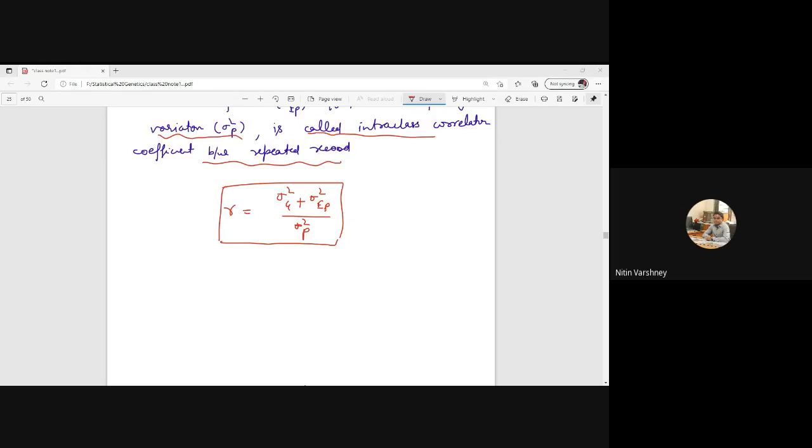Vinay, are you there? Yes, sir. What is the range of correlation coefficient? -1 to +1, sir. And what is the range of intra-class correlation coefficient? -1 by n-1 to 1. Okay. And what is the range of regression coefficient? -∞ to +∞. Okay. So the intra-class correlation coefficient depends on the number of classes, isn't it? That -1 to I think 1 by k, something like that.